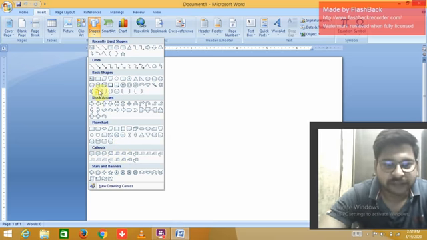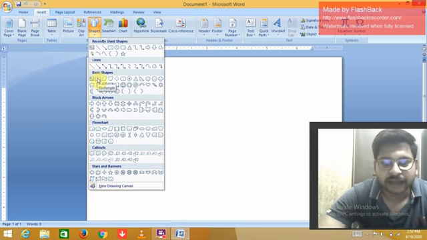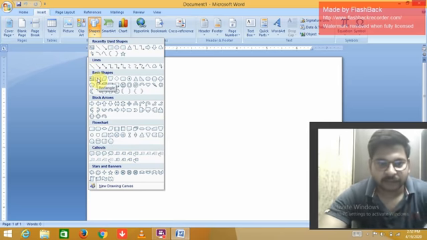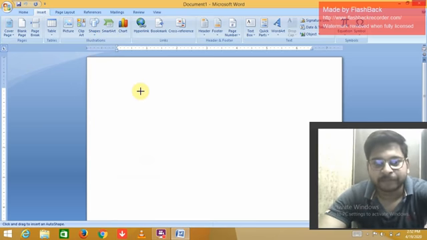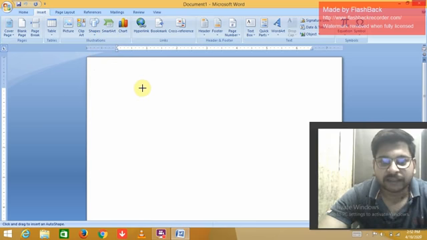So I choose this rectangle shape. First of all, click on this shape button, then click on this rectangle icon. When you click, you can see there is a plus sign. This plus sign shows that you have to create an image.